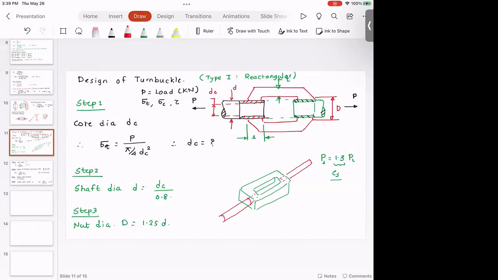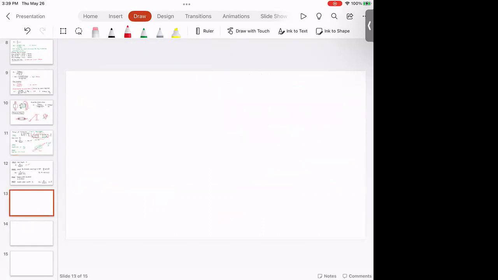So this is how the type 1 turnbuckle looks. As you can see, this shaft can go here, shaft can go here. This is the type 1 turnbuckle. Now, how does a type 2 turnbuckle look like? In type 2 turnbuckle,